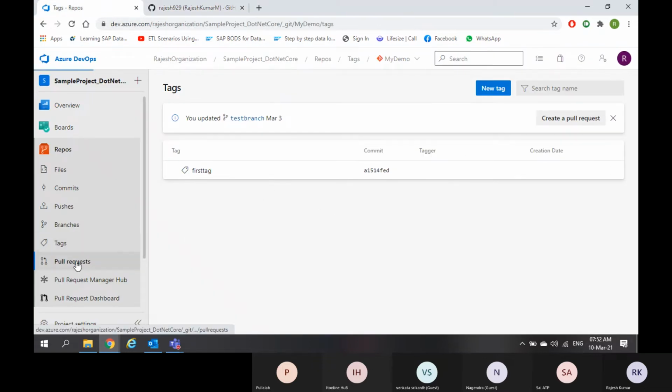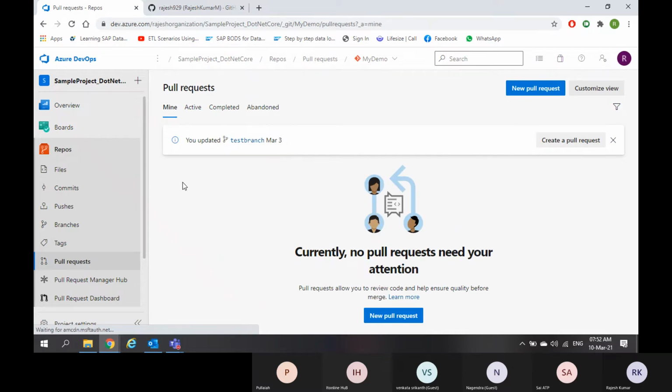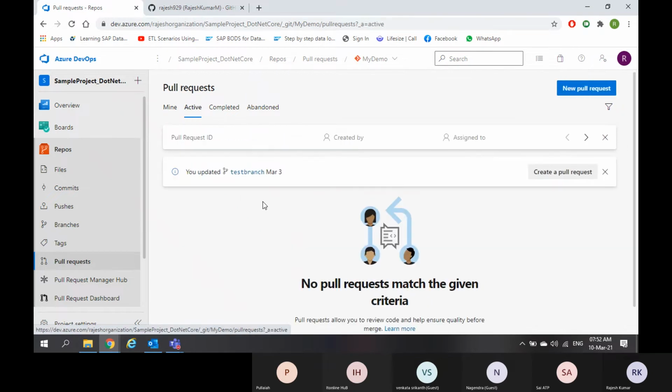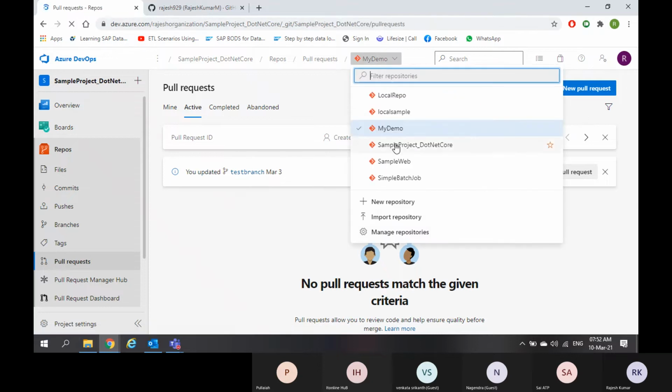Then we have the pull request section. Mine means this is my section. So what are all the pull requests I have? Active means if there are any active pull requests. Let me go to some other repository.